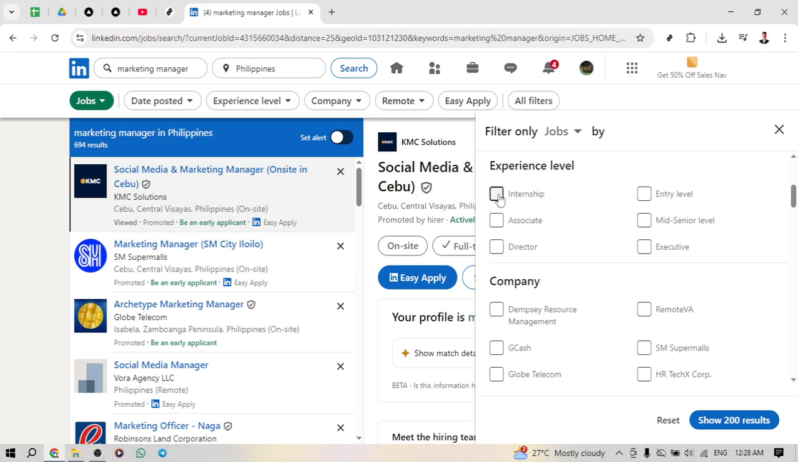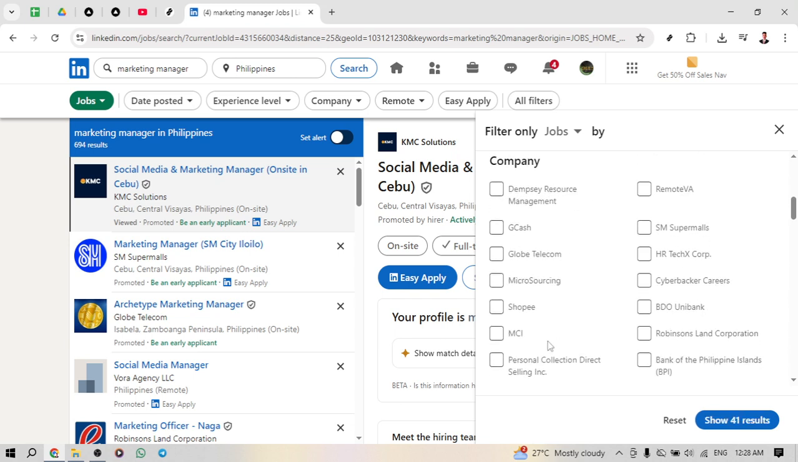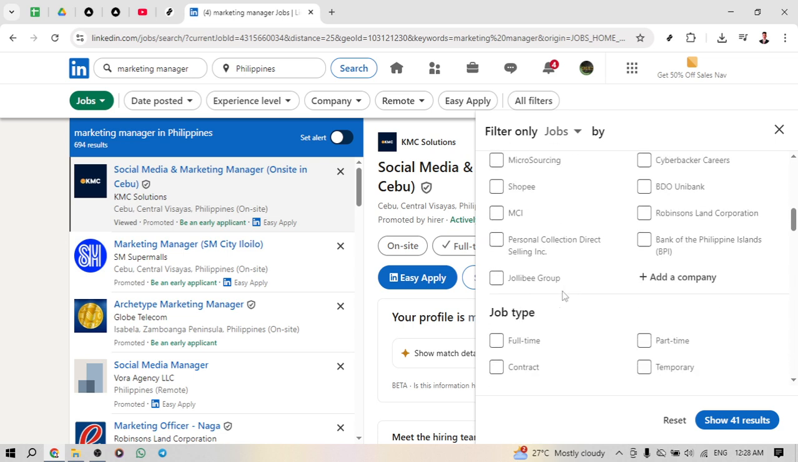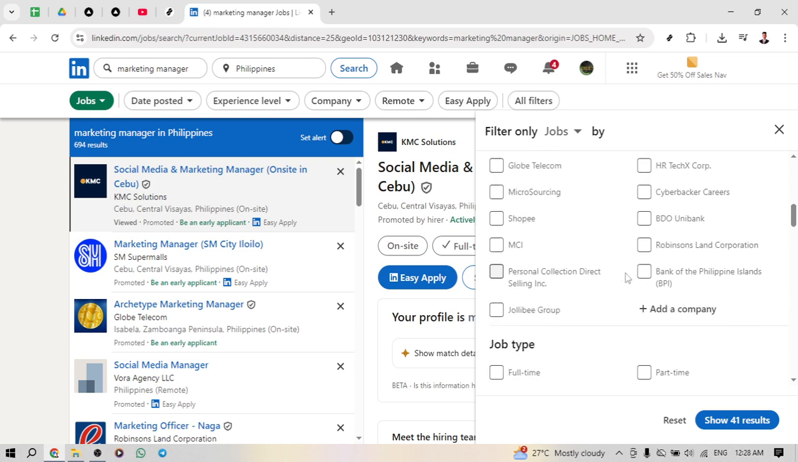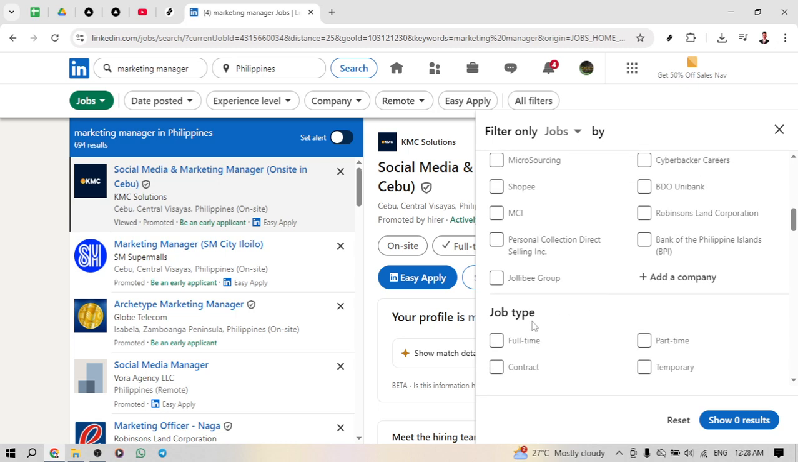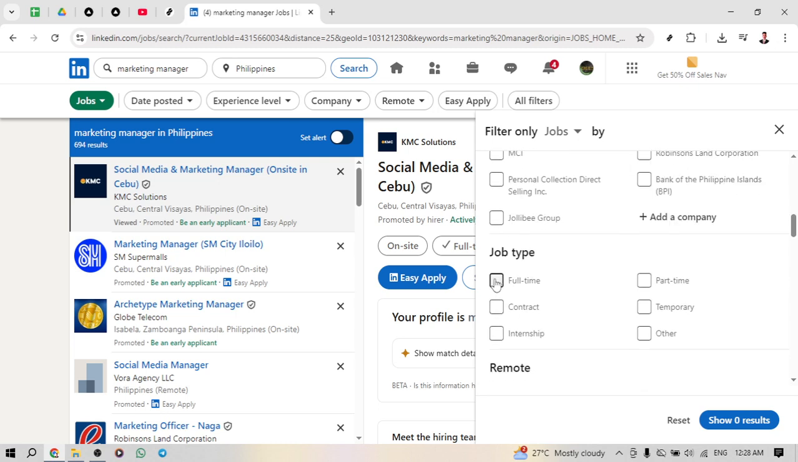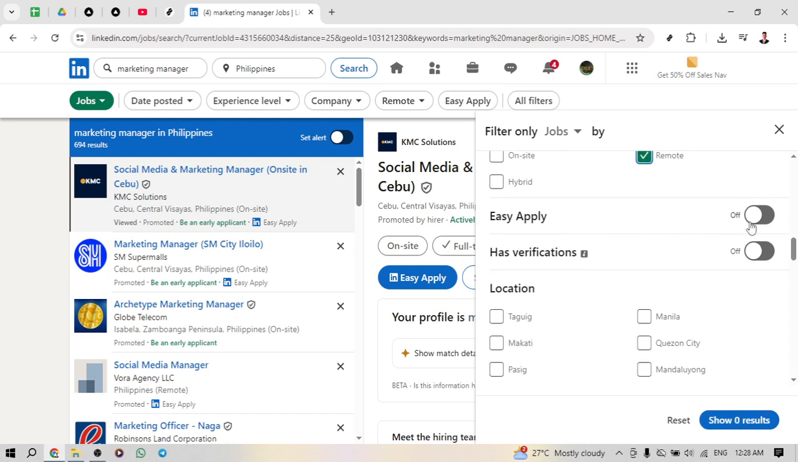professional background. The next step is selecting specific companies you might be interested in, allowing you to target positions within these organizations. Similarly, you can refine results by job type, such as full-time, part-time, contract, or internship. You also have the option to choose remote work preferences if flexibility is a key aspect for you. If you're looking for positions that offer an easy application process or have employer verification, you can enable these options